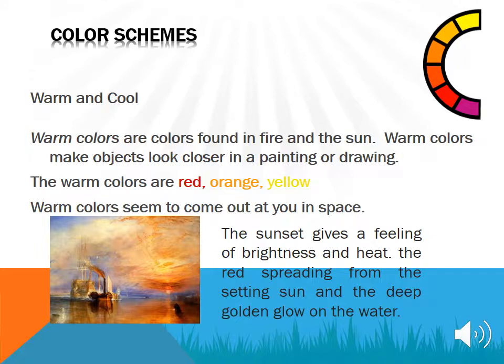The next color scheme is warm and cool color scheme. Warm colors are colors found in fire and the sun. Warm colors make objects look closer in a painting or drawing. The warm colors are red, orange, and yellow. Warm colors seem to come out at you in space. The sunset gives a feeling of brightness and heat, the red spreading from the setting sun and the deep golden